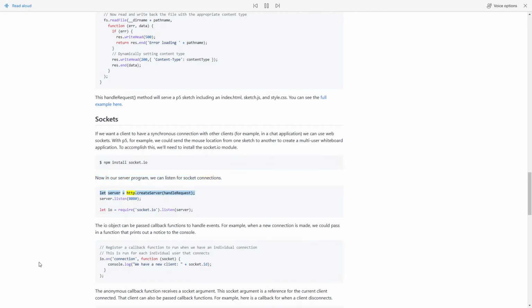let server = http.createServer(handleRequest); server.listen(8080); let io = require('socket.io').listen(server). The io object can be passed callback functions to handle events. For example, when a new connection is made, we could pass in a function that prints out a notice to the console. // register a callback function to run when we have an individual connection. // this is run for each individual user that connects: io.on('connection', function(socket) { console.log("We have a new client: " + socket.id);